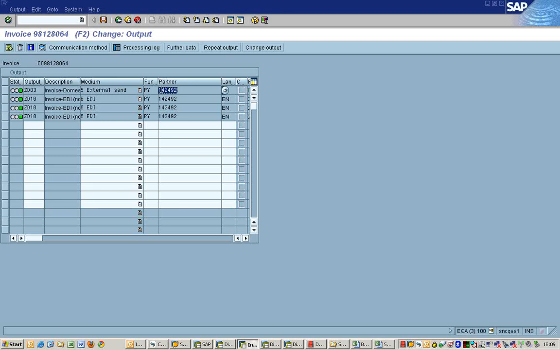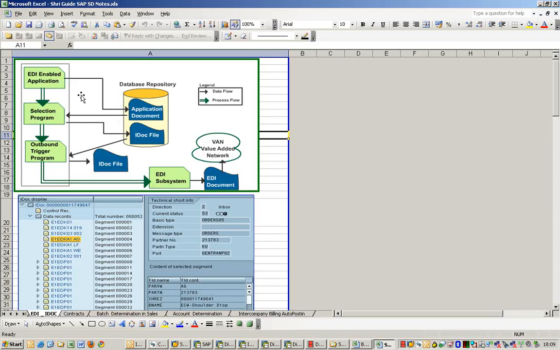So we have to go and check what the system would do. As soon as an application document, that is our invoice, has been created and the selection program runs, our output ZD10 has been triggered. It creates an IDOC file.